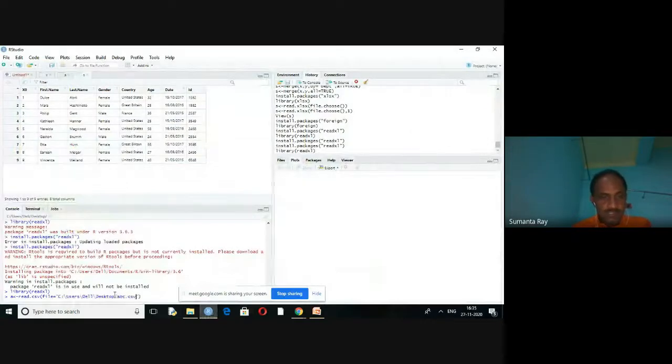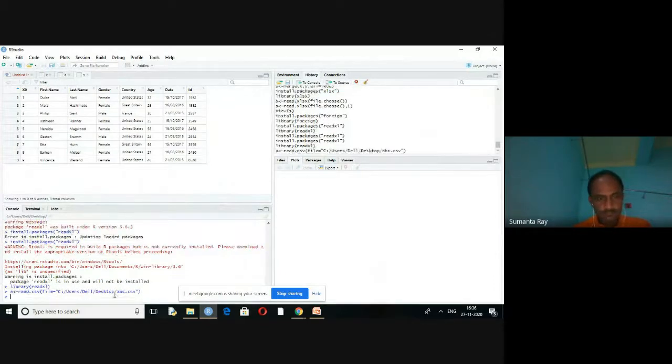One is abc.csv. Another one is abcdef.csv. So the ABC CSV file has been stored in a particular variable A, and ABCDEF is stored in B.